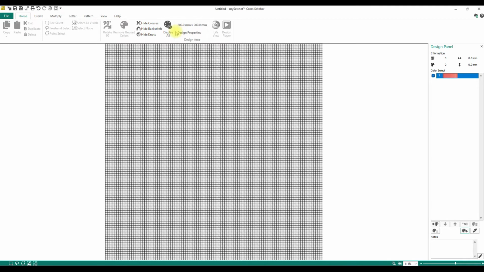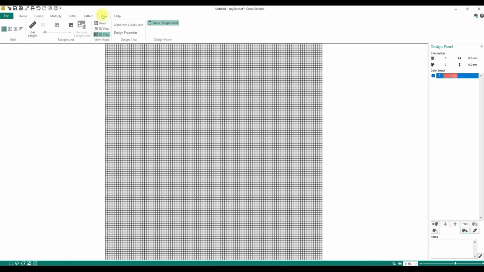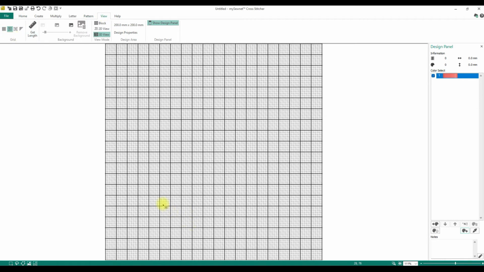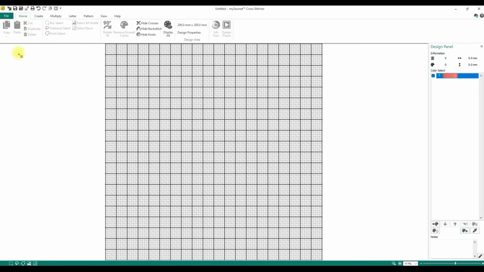We have no picture. We could have a graph next to us, and we could use this just like we were doing it on an actual tablecloth with the cross stitch. We could do actual counted cross stitch. You could use your grid to make it a little bigger, and this would give you sections of 5. So you could simply just use your own grid or your own book full of cross stitch designs and do that. Okay, so on your home screen, you have your copy or paste, your cut, duplicate, everything you normally do,